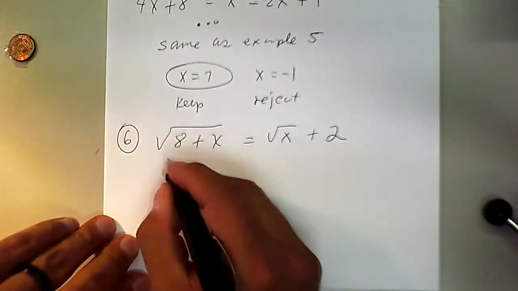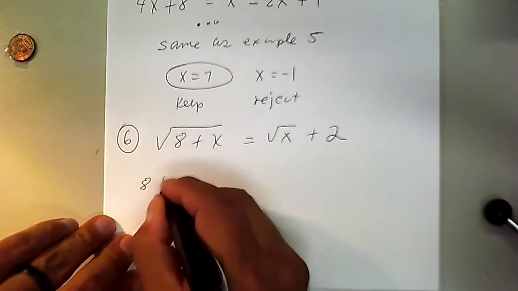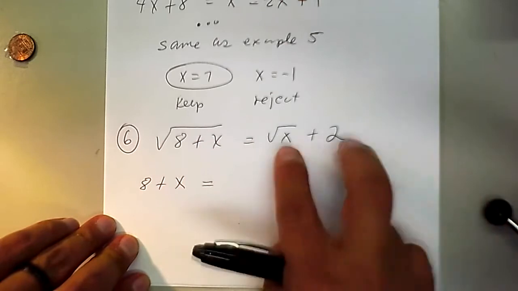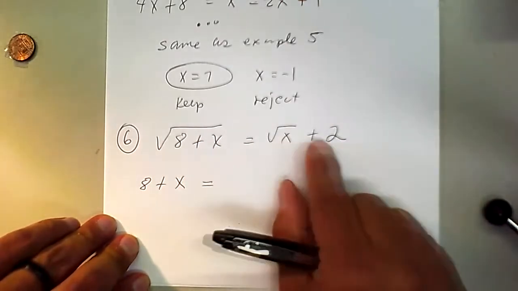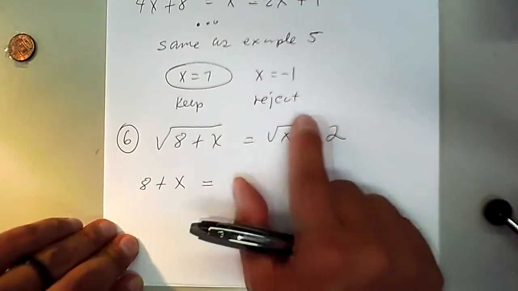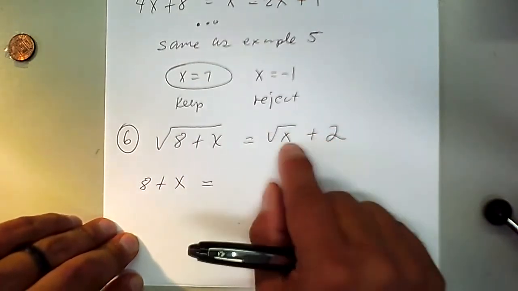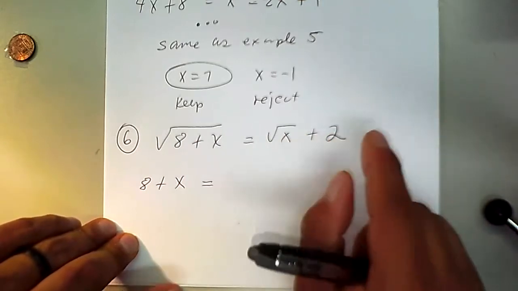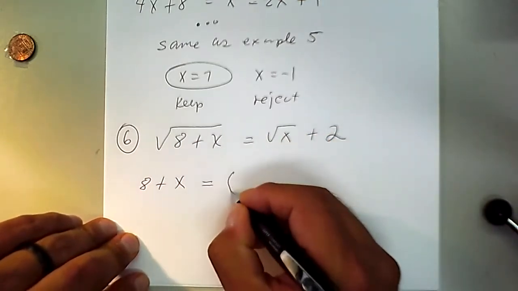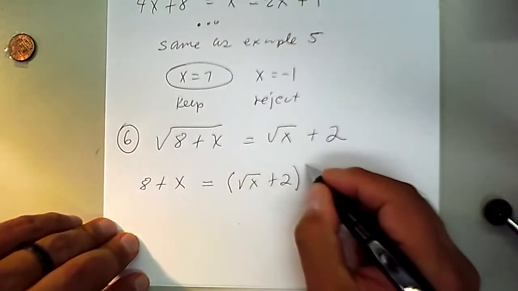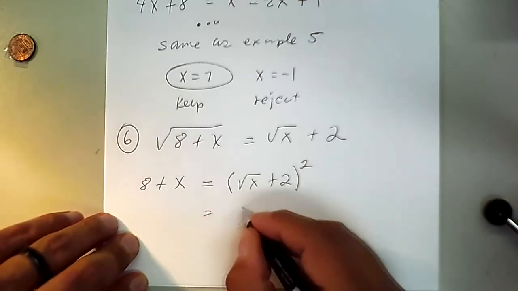So when we square this, we end up with 8 plus x. And then here we have a binomial. Don't put down x plus 2. That is the fastest way, well, the second fastest way to get this wrong. Don't just put x plus 2 and that's it. No. We have the quantity square root of x plus 2 times itself. So we have to FOIL,